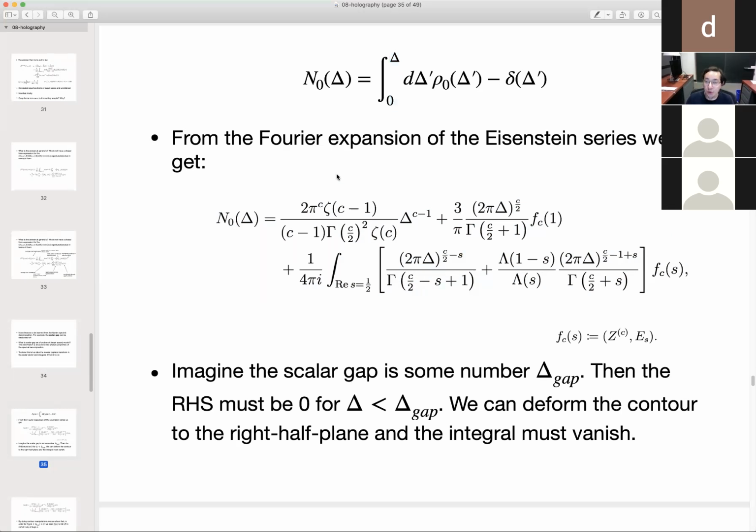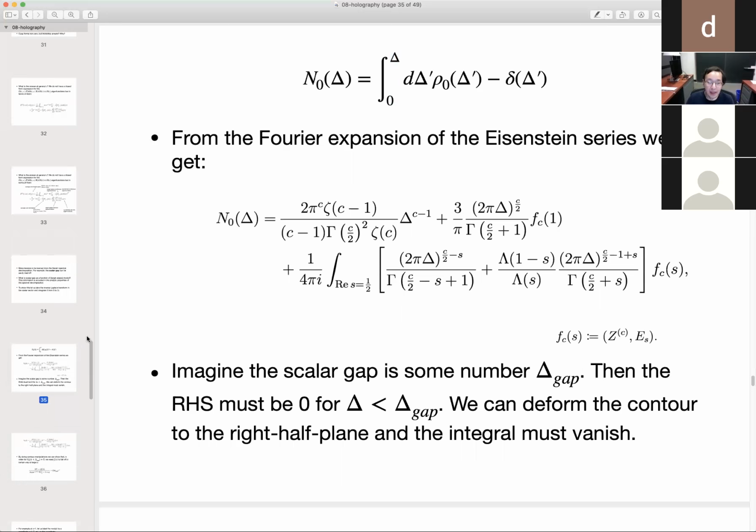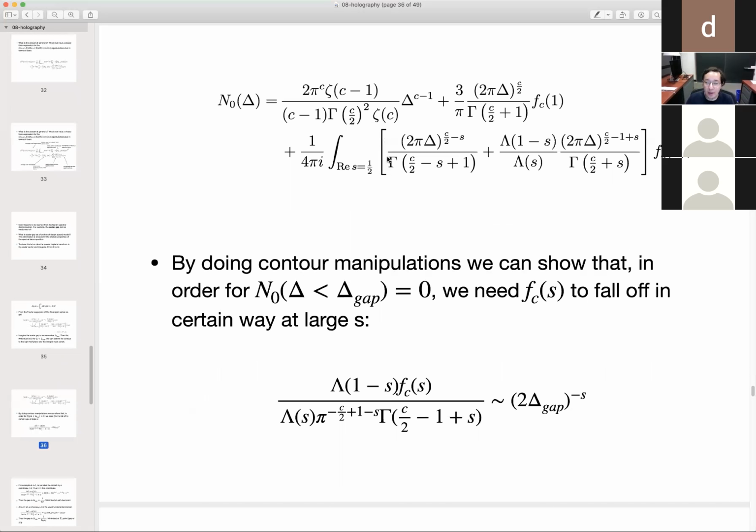And from this Fourier expansion of the Eisenstein series, you can get a very explicit expression for this counting function. And then you can do some contour manipulations, and you can show that the gap will be controlled precisely by the growth of this overlap function right here. So the analytic properties of this overlap function of the partition function with the Eisenstein series secretly encode what the